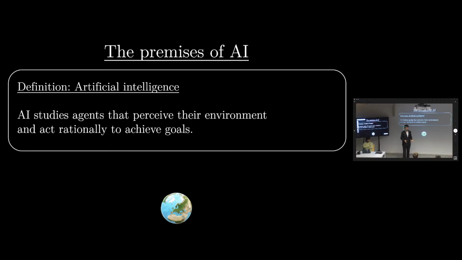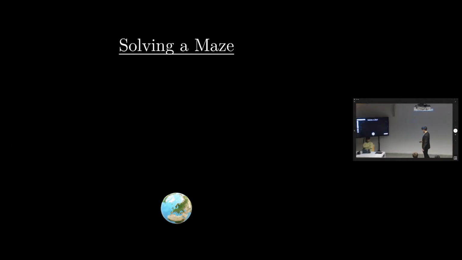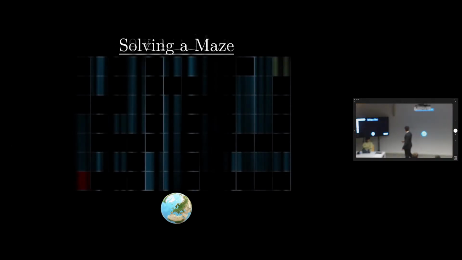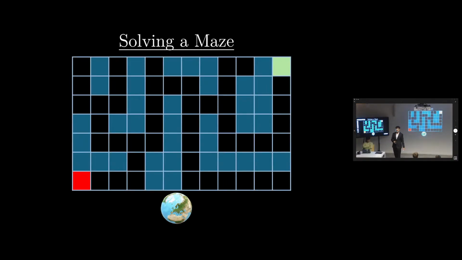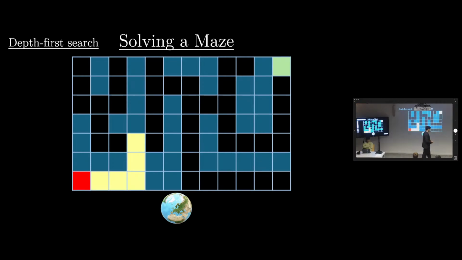And the point is, what goals? That's the first question. What are the goals that people needed to solve in the 90s? Surprisingly, one of the first examples that they tried to solve using AI is solving a maze. So let's consider an example. Let's consider that we have such a maze, and we will try to solve it using AI. One of the most classical ways to solve this is what we call the depth first search algorithm.